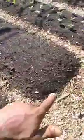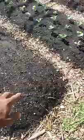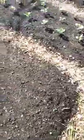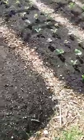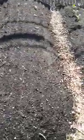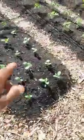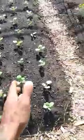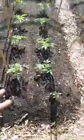And we have some more lemon cucumbers growing up here. They're starting to come up, looking a little spotty. I'm gonna plant a few more. I see another one popping up right here, so I'll give it a couple more days. If I don't see any more popping up, I'll pop a few more in there. I only have a few more seeds of those, so I want to conserve a couple just in case. But I have some more collard greens in this row, some more cherry peppers and cherry tomatoes